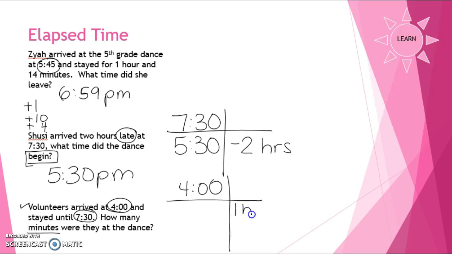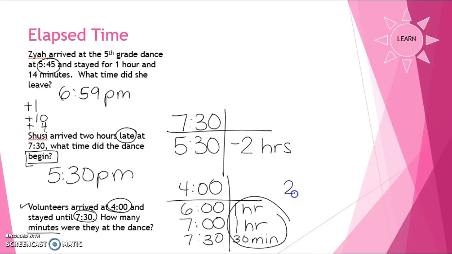Well, 1 hour would be 6 o'clock. 1 more hour, we're not going to put a 2 there. 1 more hour would be 7 o'clock. And then we don't have an hour here, we have 30 minutes. And that would make it 7:30. So we'll put 30 minutes here. So how many minutes were they at the dance? Well, we're not sure yet, but we do know that they were there for 2 hours, because we add this up, and 30